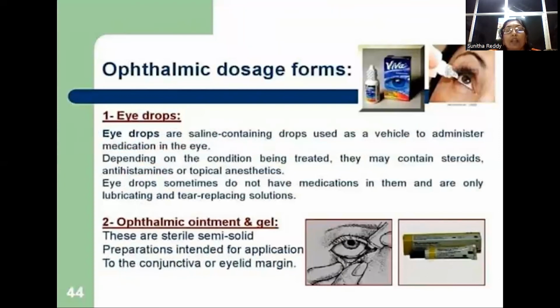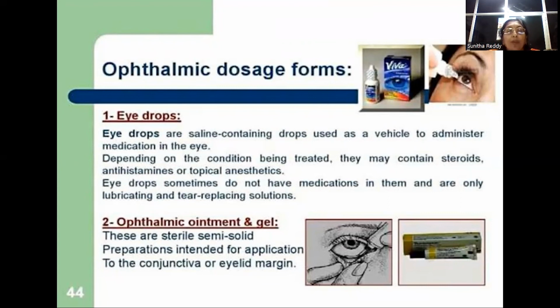Ophthalmic dosage forms are another form of dosage form, where there are eye drops or ophthalmic ointments. Eye drops are saline-containing drops used as a vehicle to administer medication to the eye. Depending on the condition being treated, they may contain steroids, antihistamines or topical anesthetic. And ophthalmic ointments or gels are sterile, semi-solid preparations intended to apply to the eye or to the conjunctiva